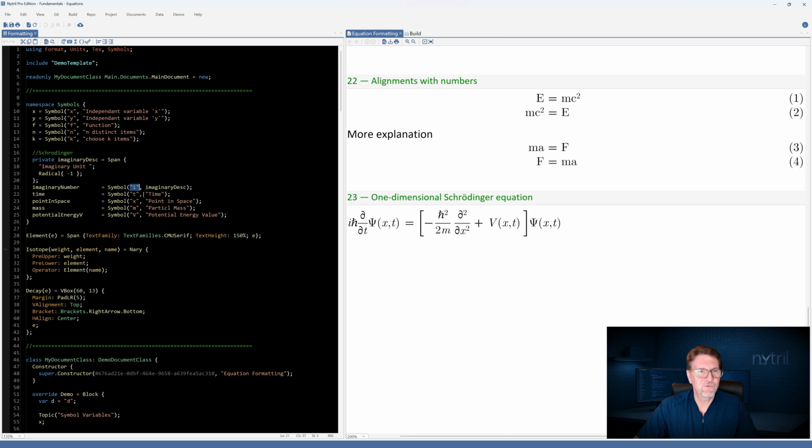And in this case, instead of just giving it a simple description, I gave it a complex description, and then I'm giving it some text followed by a radical of -1. That way, when somebody wants to take a look at this equation, they can hover over I here and see that, okay, I is imaginary unit, square root of -1. So we have all these symbols set up here that we need to use in this equation.